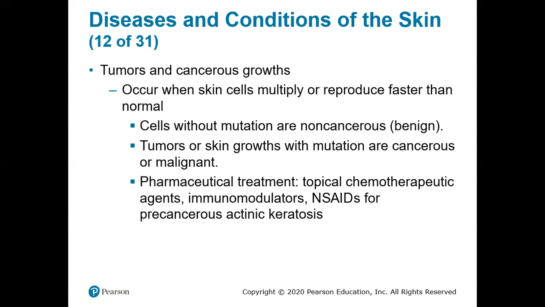The next we'll move on to tumors and cancerous growth. We're still on page 368. This occurs when skin cells multiply or reproduce faster than normal. Cells without mutation are non-cancerous or benign. Tumors or skin growths with mutation are cancerous or malignant. Pharmaceutical treatment can include topical chemotherapeutic agents, immunomodulators, NSAIDs for precancerous actinic keratosis,